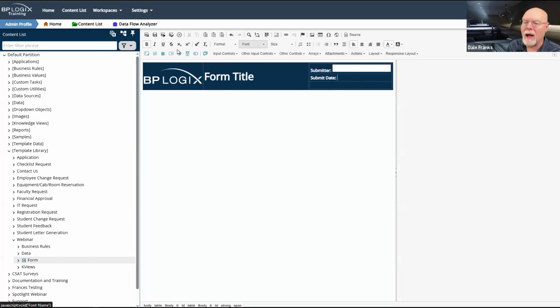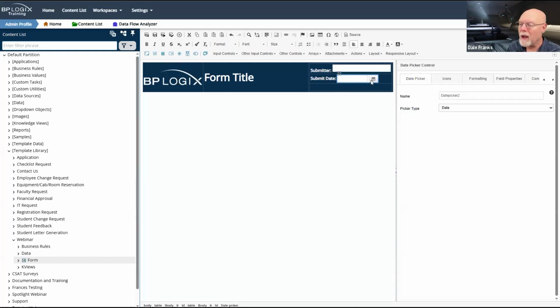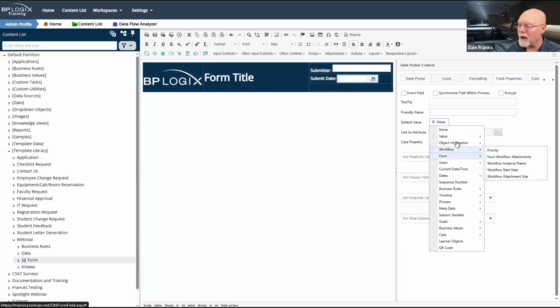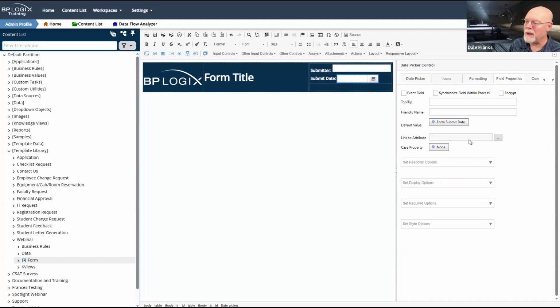And for the submit date, I'm going to drop in a date picker, and I'm going to call it submit date. And I'm going to go to the field properties, give it the default value, again, form and form submit date.